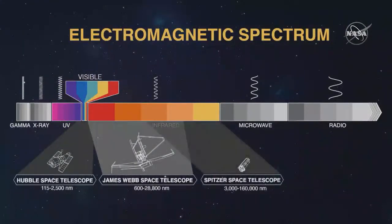And you see here that infrared light is the color of light that is a bit redder than our eyes detect. There is an area of this, what we call the electromagnetic spectrum. The electromagnetic spectrum is simply a name for all of the different forms that light takes. And our eyes are only sensitive to a very small range of that, which we call, rather obviously, visible light. There are higher energy forms of light that are basically too blue, too high energy, the UV light, gamma rays, and X-rays. And NASA does operate telescopes that see in all these different wavelengths, but you need very, very different